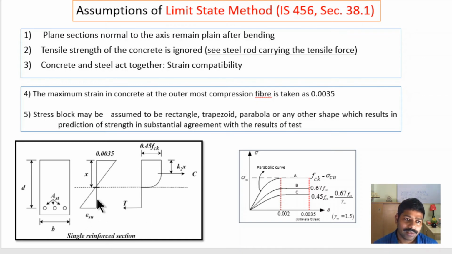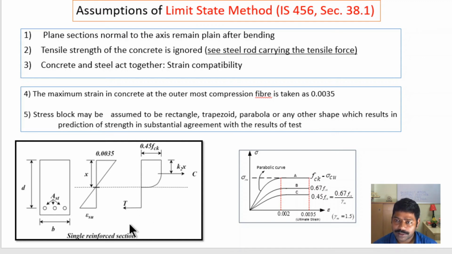So what we have learned there is that if this is your neutral axis, along the depth the strain will be linear. Since strain and stress are in the linear, elastic zone, the stress diagram will also be similar to the strain diagram. So in the working stress method, we observed that the strain diagram as well as the stress diagram are both triangular in nature. The upper portion was a triangle for the strain as well as for the stress. Below that, the same assumption was there: only reinforcement can carry the load, so there is only one line here and no stress block.